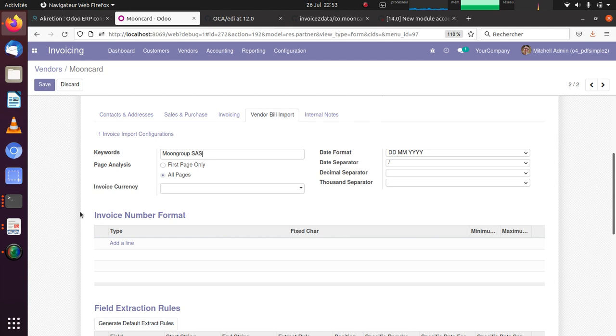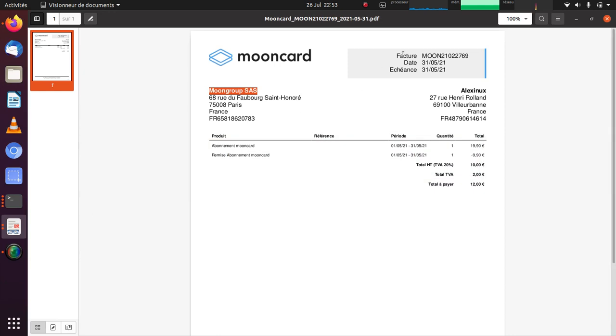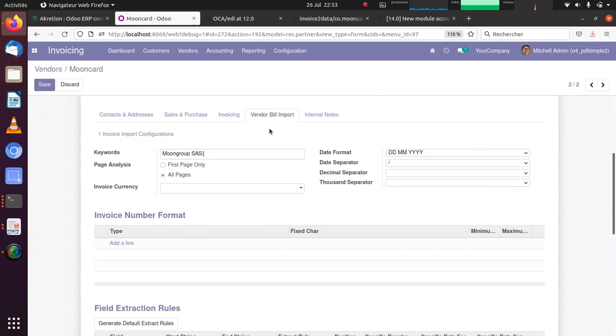If you want to have several keywords, you separate them with a pipe. For example, if I find those two words in the raw text of my invoice, it will be this partner. So you can put as many keywords as you want, separated with a pipe.